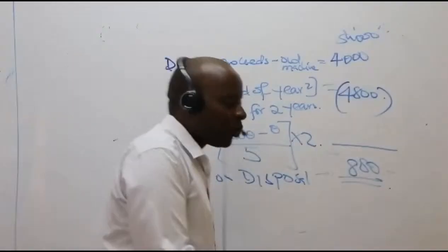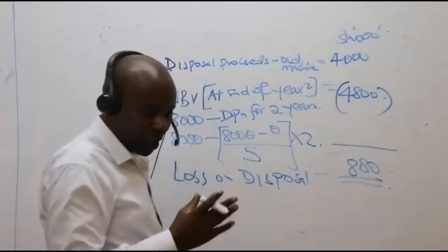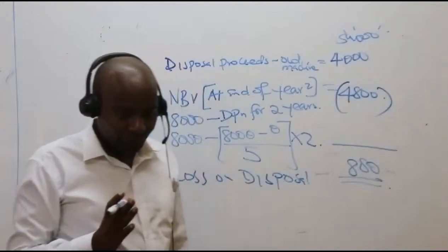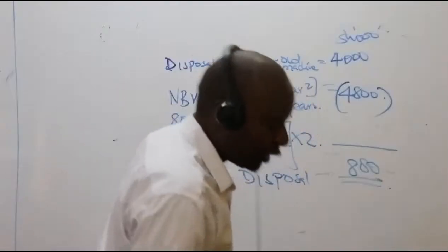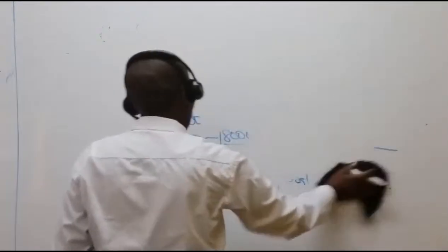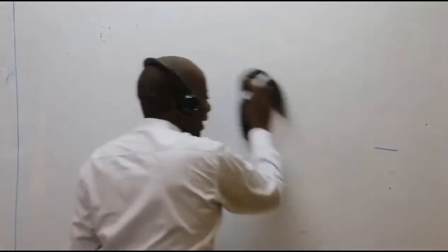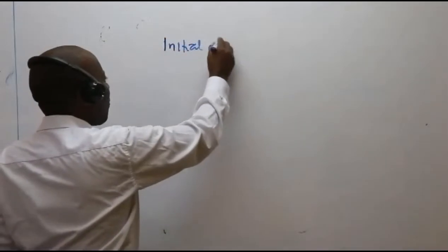So in this case here, what do we have? 800, which is a loss on what here? On disposal. A loss on disposal. Great. So after I get that, now I'll be able to give you the initial outlay very easily. Once I get the loss on disposal, I'll be able to give you the initial outlay very easily. So initial outlay,